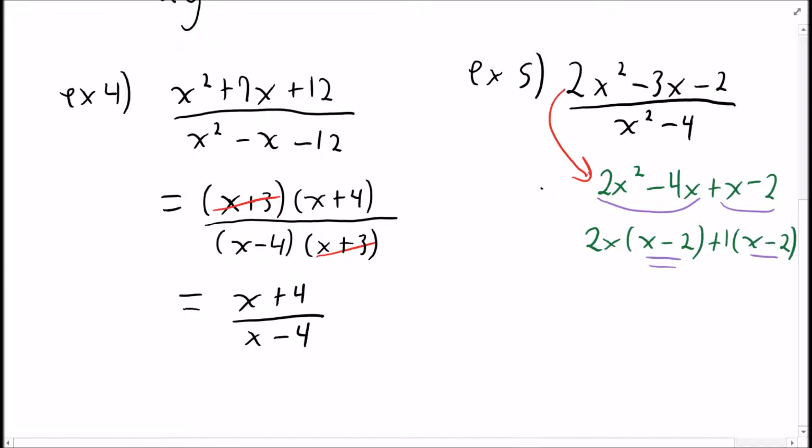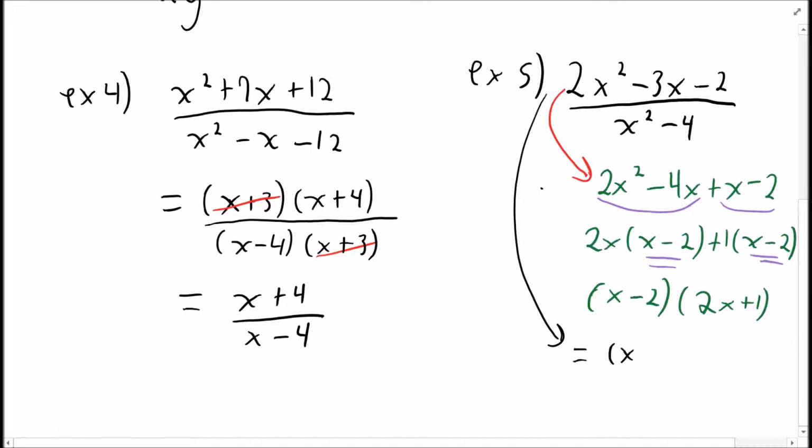Meaning that these two here are common, so I can factorize that out, leaving me with x minus 2 in the first bracket, 2x plus 1 in the second one. So now if I go down here, I could jump right to x minus 2 over 2x plus 1,